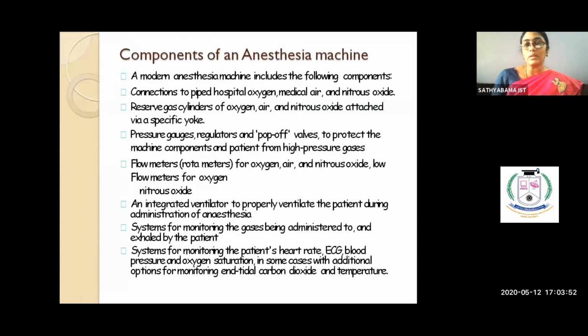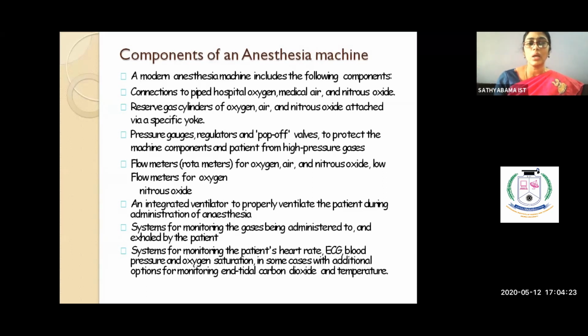So what are the components of an anesthesia machine? I think you will all know it better than me, right? What is inside the machine as well? The major ones are the pipes, right? You have pipes coming from the oxygen supply room to the ICU or to the operation theater. You have pipes coming from everywhere, and you have pipes going to the patient as well. So you have tubes which will be connected to your patient.